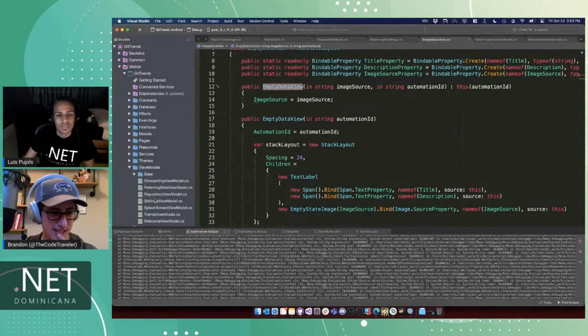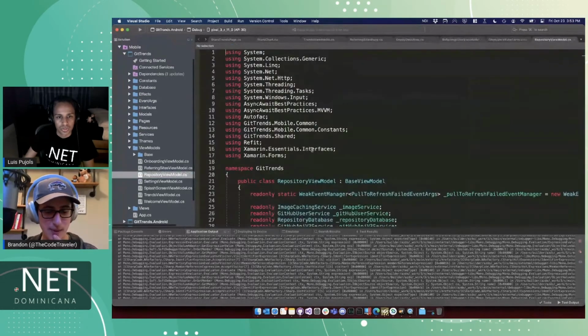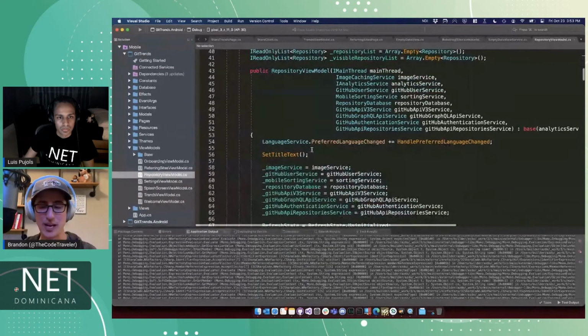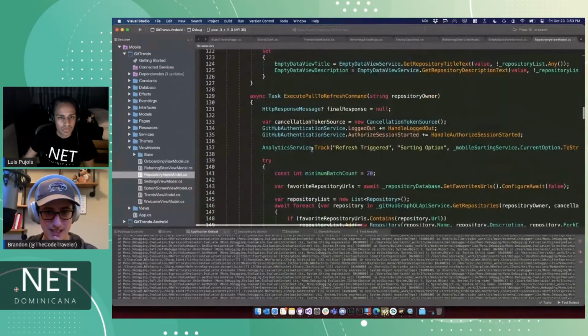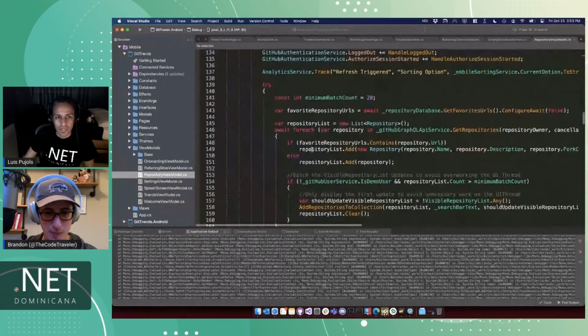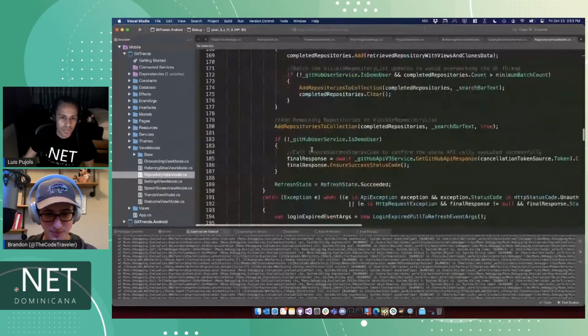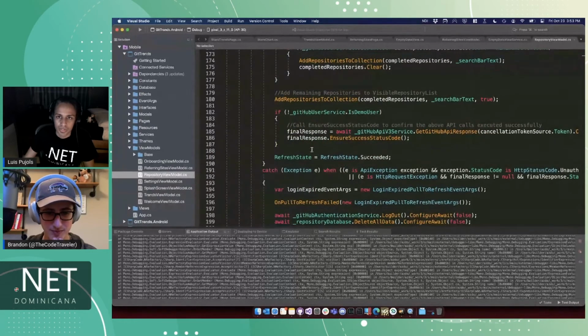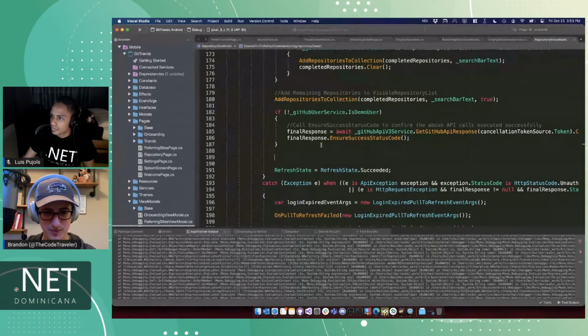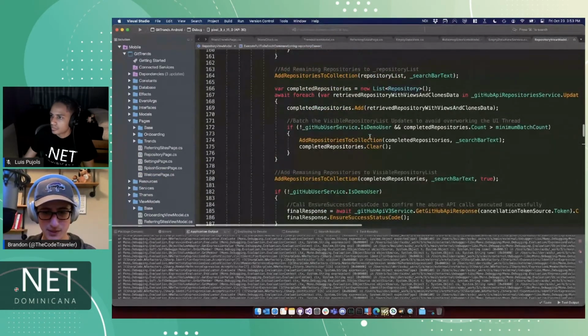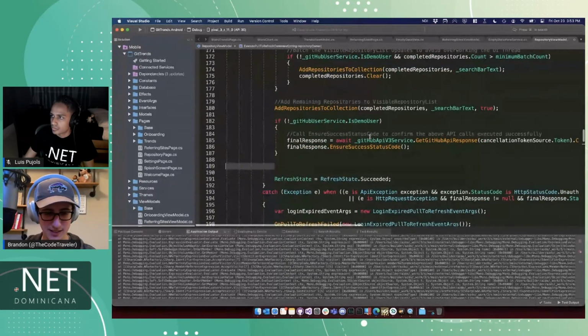What we can test is this repository page, which also has an empty state. If this one gets its title removed as well, then it's something in the empty state. So I bet I can probably do something like,